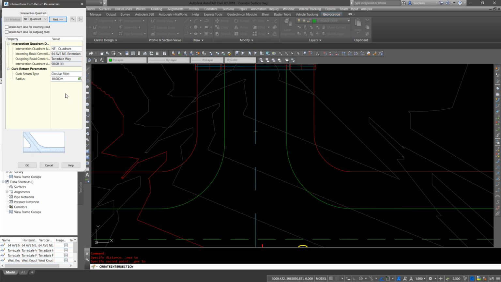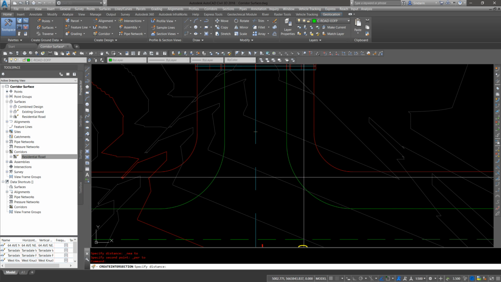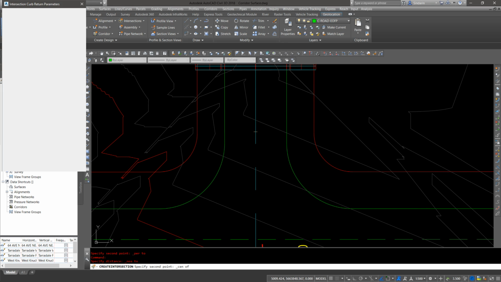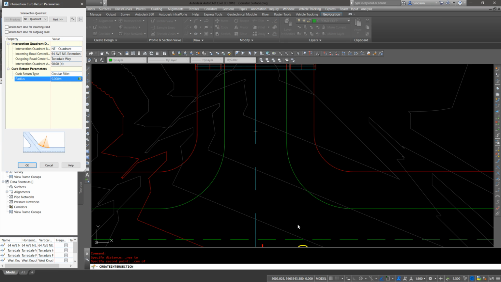Now curb return parameters. This is asking you for the radius. And right now it's set for 10 meters. Let's see if we can grab a radius off this. So if we go from there to the center of this, 9 meter radius. So those are my numbers in that case. So 9 meter radiuses, and then we're going to find out if my offsets were correct when we go to